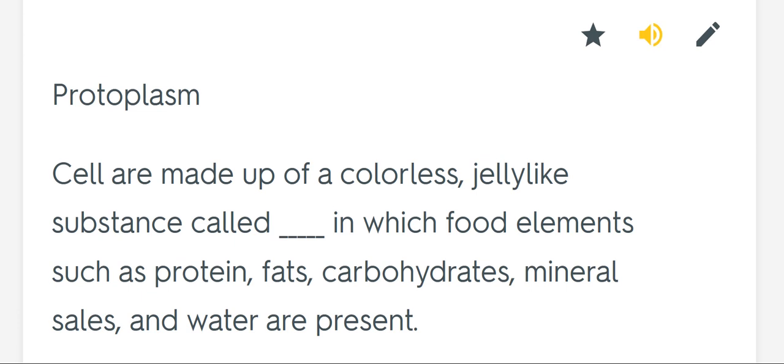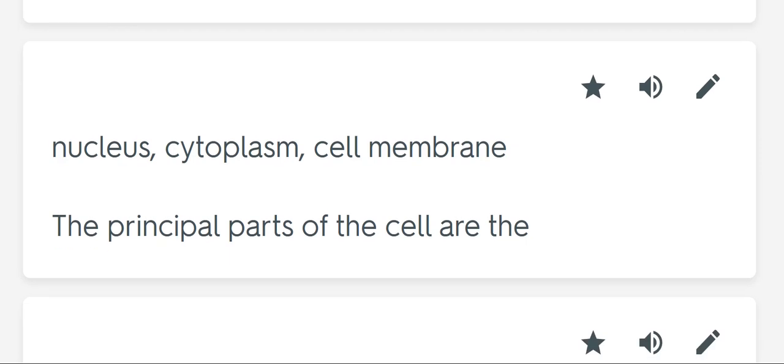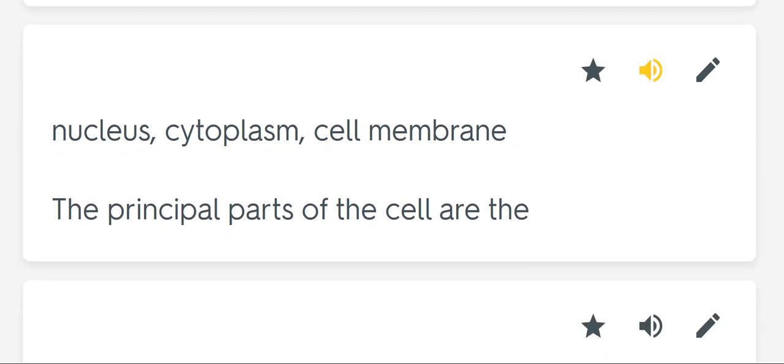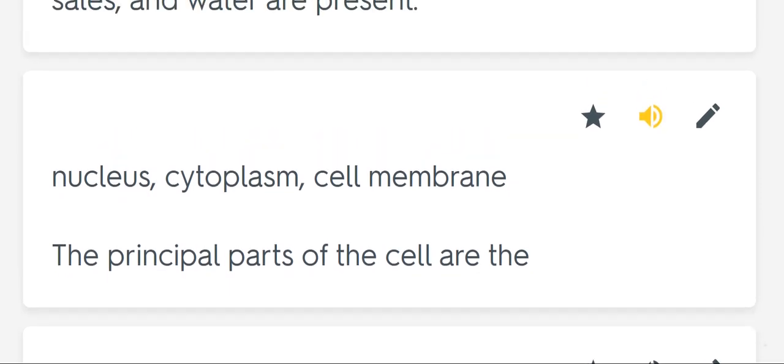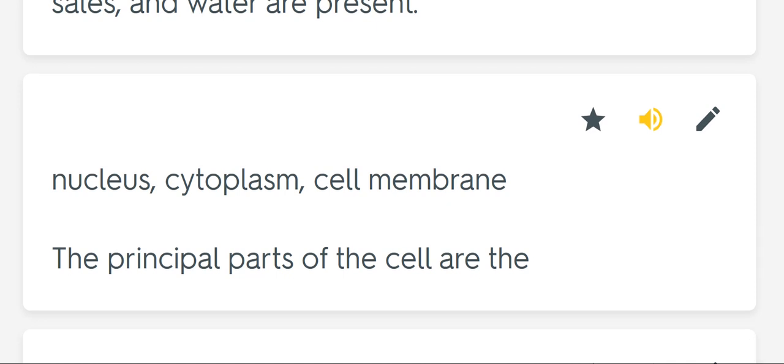Protoplasm. Cells are made up of a colorless jelly-like substance called blank in which food elements such as protein, fats, carbohydrates, mineral salts, and water are present. Nucleus, cytoplasm, cell membrane. The principal parts of the cell are the